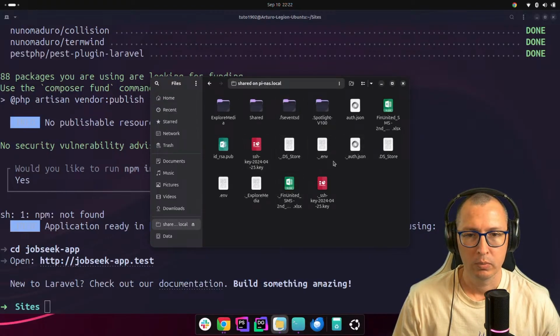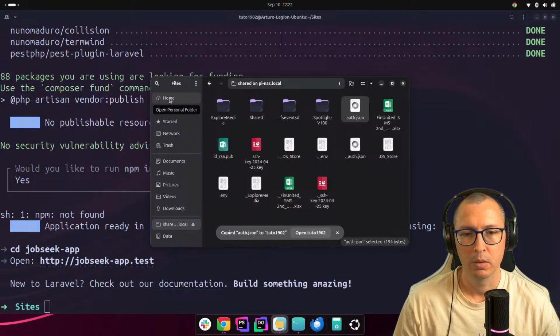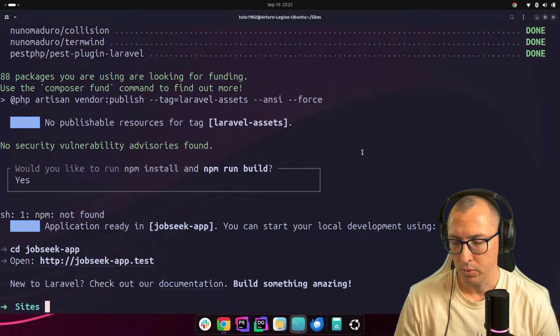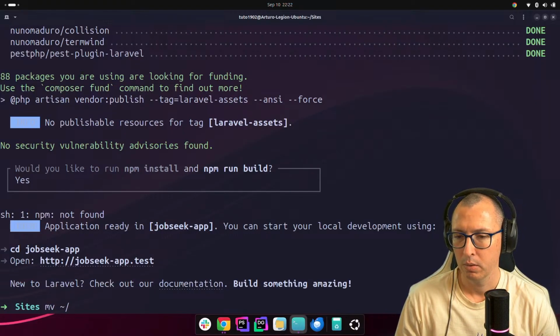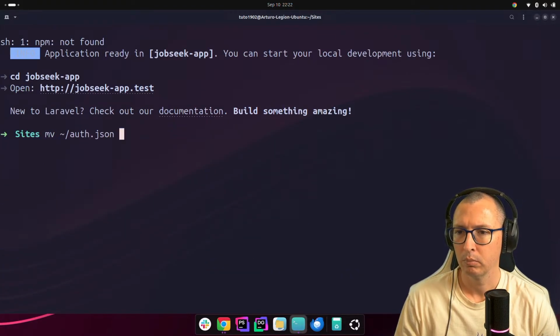Auth JSON. Here we go. I'm going to put this in my home, and then I can just move that from home into Composer.